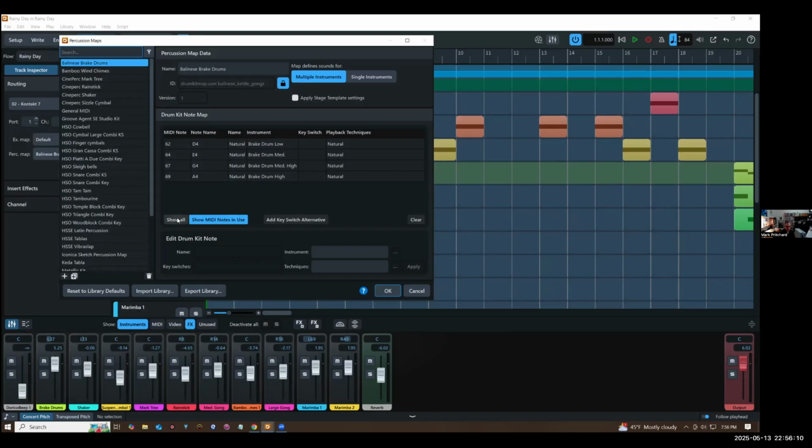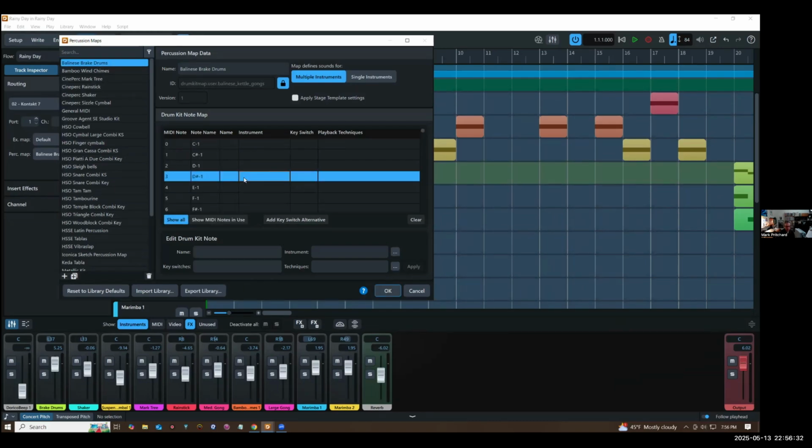You start with showing all of the notes possible, and you find the notes in here, and you can click this to just show the ones that are in use. So it's pretty self-explanatory once you get into this screen how to create new notes. You pick a note and you start filling in the fields. Here are the fields down here. What are you going to call it? What's the instrument, and what's the technique? Now in this case, I did have to create a different instrument name for this,